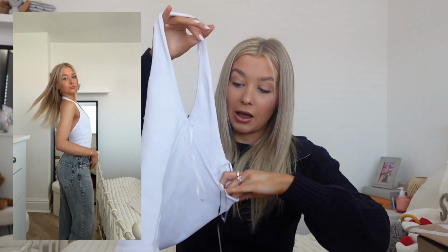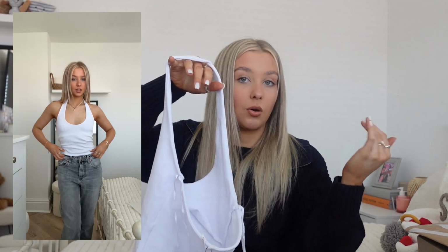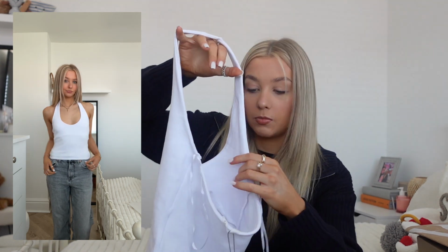You don't have that problem at the back because it's not double lined at the back, so the back's perfect, still fits me fine. Exactly the same as the last one, really nice at the neck, bit of a gap at the bottom, and then it comes down to a really nice length. I think if you've got something to fill it, this is going to be really nice and look really flattering on you. I'd probably still stay away from the white